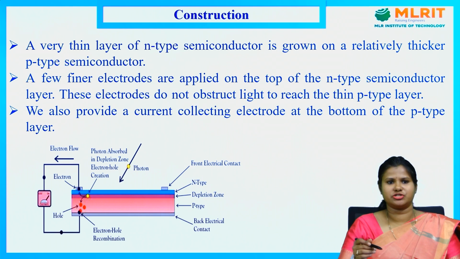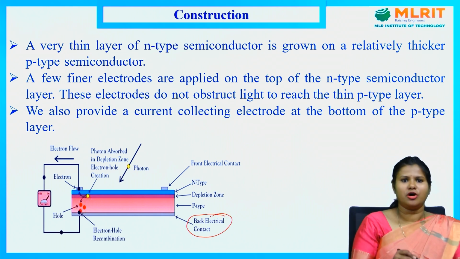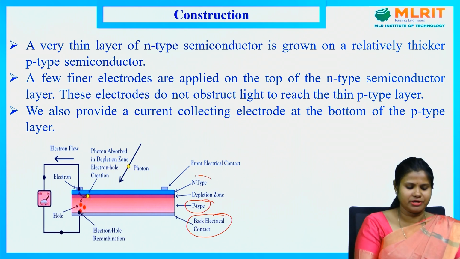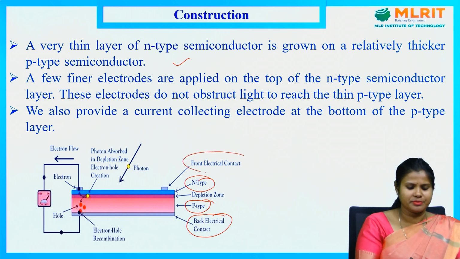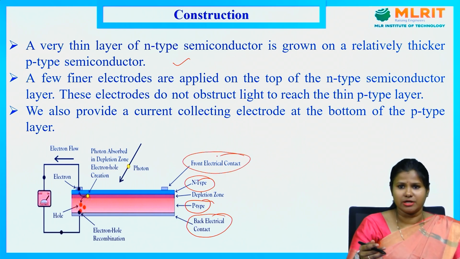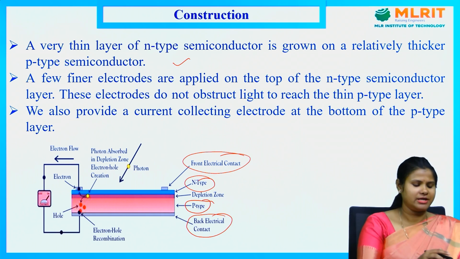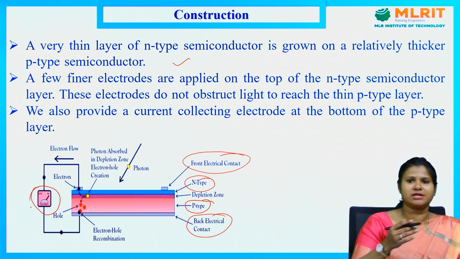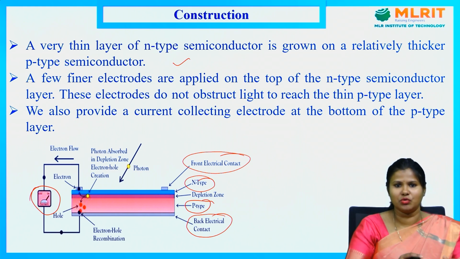Now we'll go to the construction. So here in the solar cell, mostly we are taking one electrode. On that electrode we are depositing some p-type material, and on that p-type semiconductor we are depositing another n-type semiconductor material to construct the solar cell, and again on the n-type material we are placing some electrode which is another metal. So here we have one front electrode, a back electrode, and in between we have the PN junction. And the solar cell is connected with some external load so that current will pass through the external circuit whenever we connect any load to the solar cell.